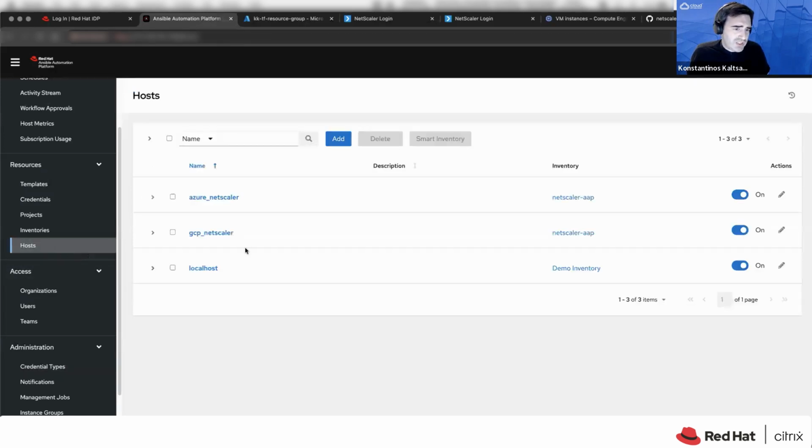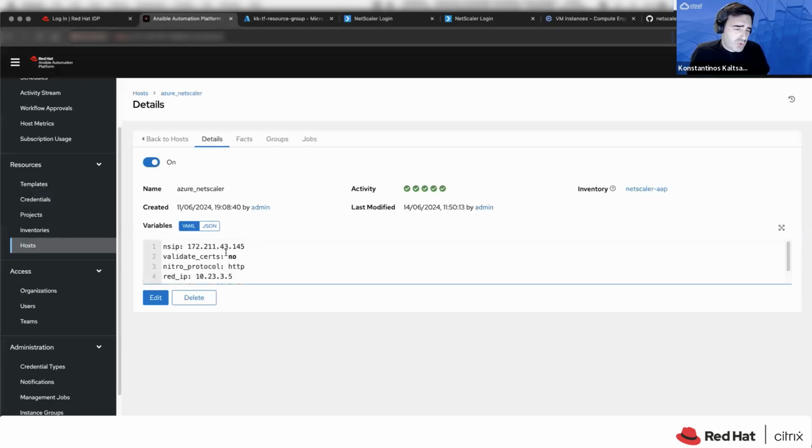In addition to that, I have created 2 hosts. One host is the Azure NetScaler, and the other host is the GCP NetScaler. Now, if we take a closer look at each one of these, you will see that this is the management IP for the one deployed on Azure. And for simplicity, I have decided to also add my variables that are going to be used during the playbook execution here under the host.